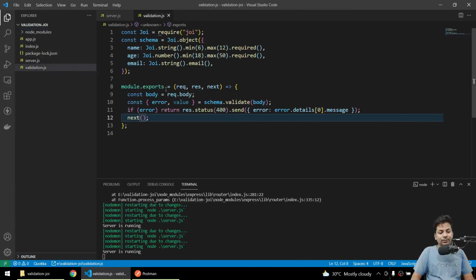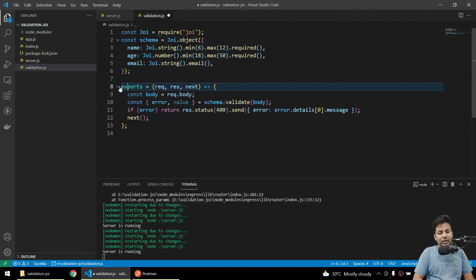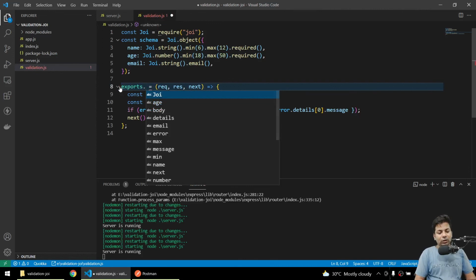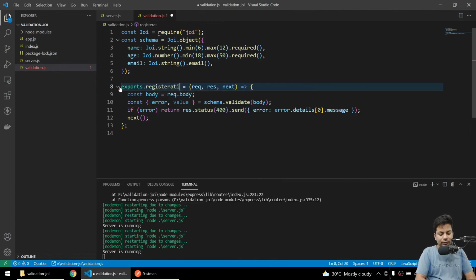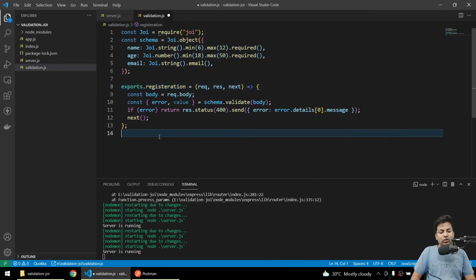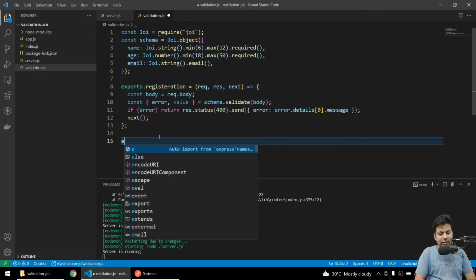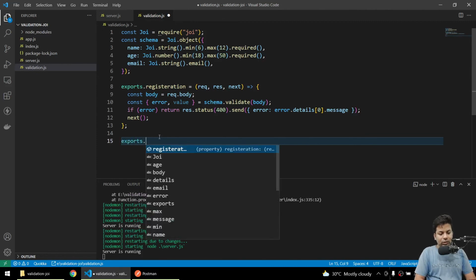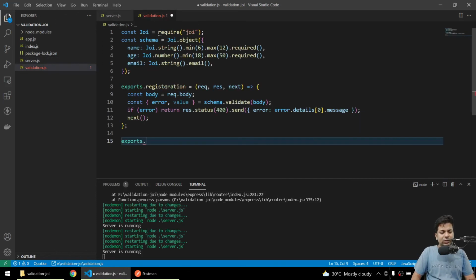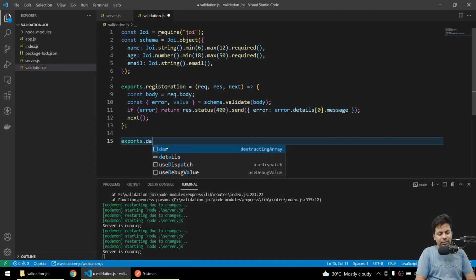What we can say is, we can just write exports dot, the name, I'll say it's for registration. Okay, so this is for registration. Now I'll make another, say exports dot, and this is for insert, or we can say data, because this is for inserting data.